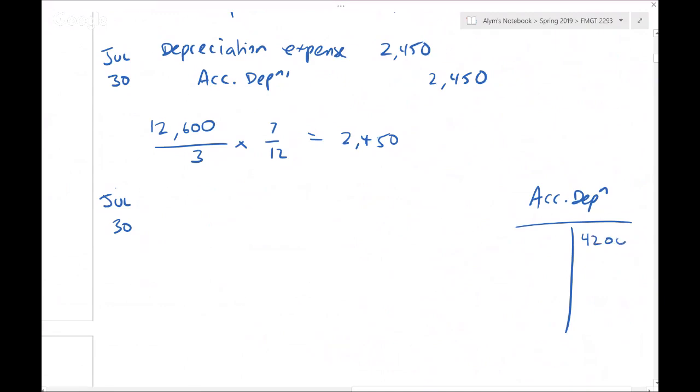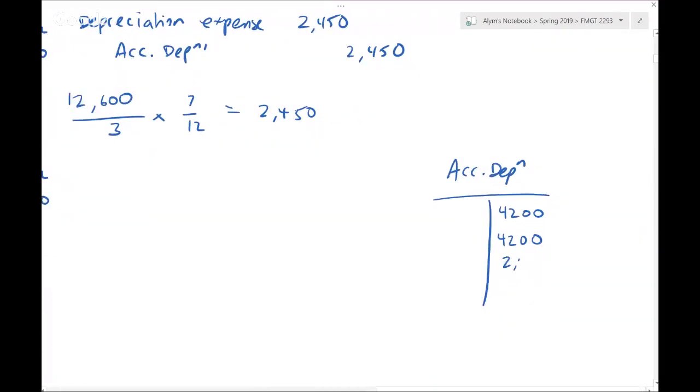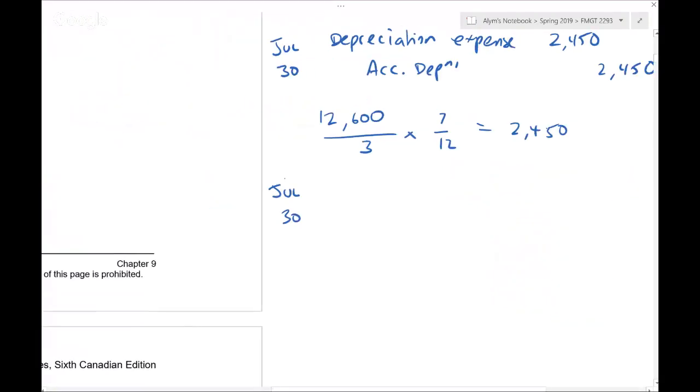In the first year, we would have $4,200, $4,200 again, and then in this year, 7 months, so $2,450. Well, that's $10,850. So our journal entry on July 30th to get rid of this piece of equipment is debit cash,